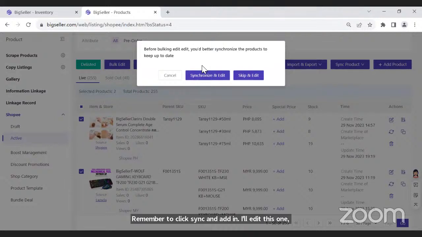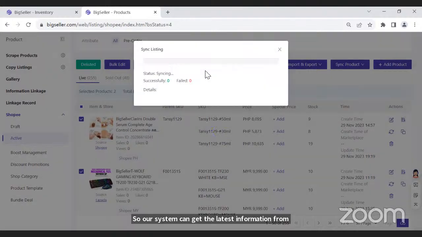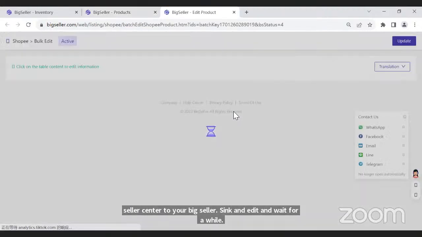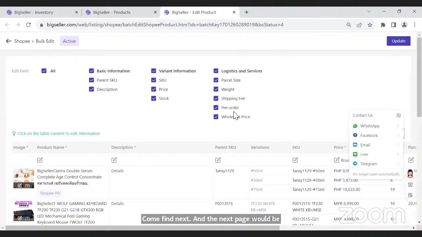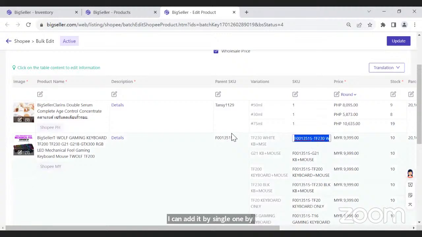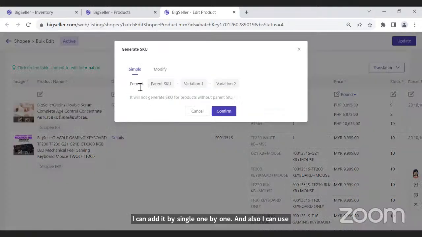So our system can get the latest information from your Seller Center to your Big Seller. Sync and edit, and wait for a while. Confirm, next. The next page is the bulk editing page to edit your product information. And you can see here, this is the store SKU of this listing. Suppose I don't have any information here, I can edit by single, one by one. And I can also use the pencil icon, bulk edit, to edit the SKU in this format, parent SKU plus